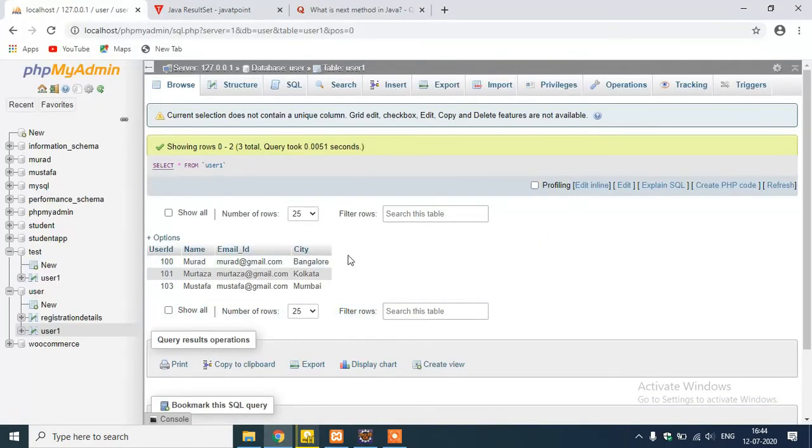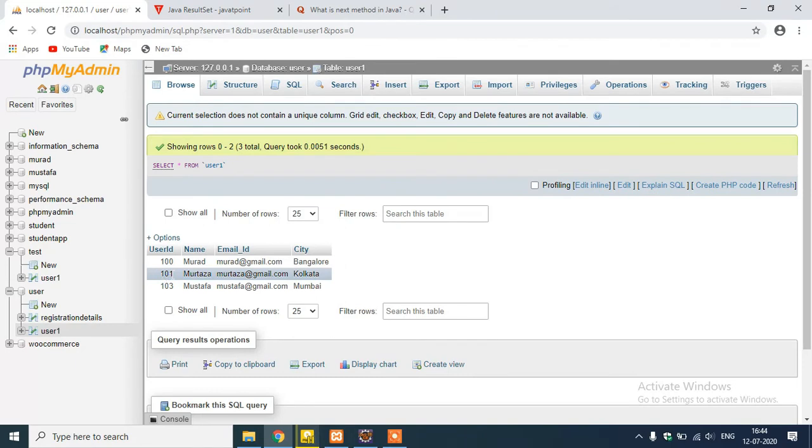Guys, when we write the next method, the control will be set at the top of this table and it will check whether we have data. If the data is present, it will fetch this particular record. Again the control will be forwarded to the next record and it will check whether we have data.